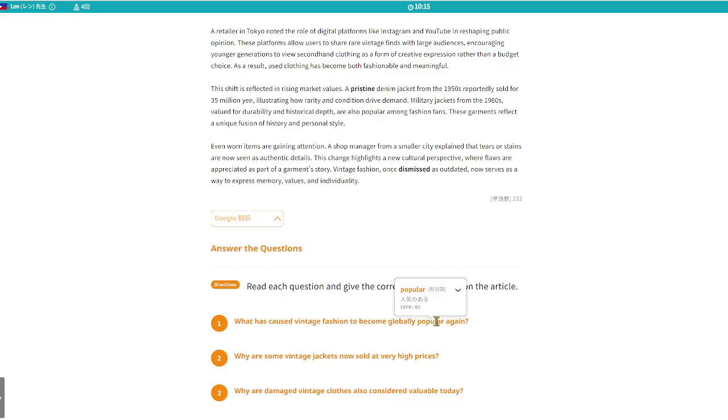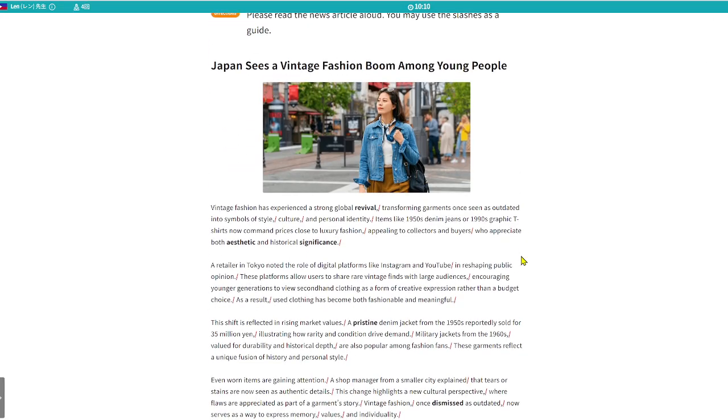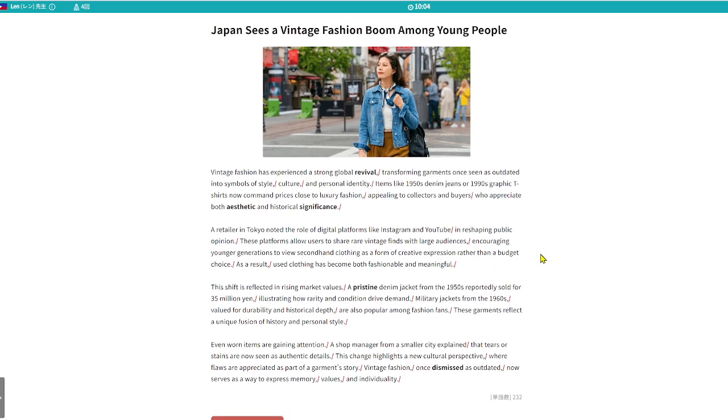So now let's move on to the third part, the read out. So can you please read out the article, Koki? Okay. Japan sees a vintage fashion boom among young people. Vintage fashion has experienced a strong global revival, transforming garments once seen as outdated into symbols of style, culture, and personal identity. Items like 1950s denim jeans or 1990s graphic t-shirts now command prices close to luxury fashion, appealing to collectors and buyers who appreciate both